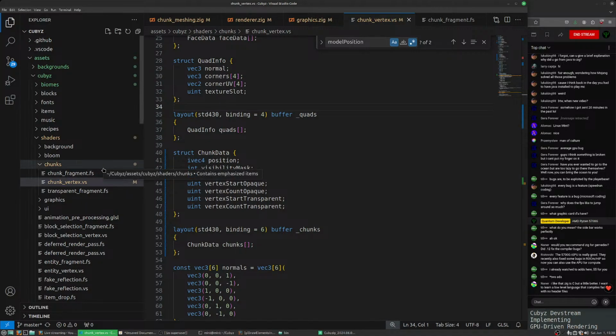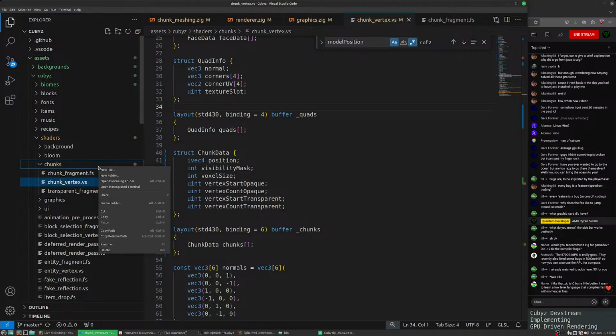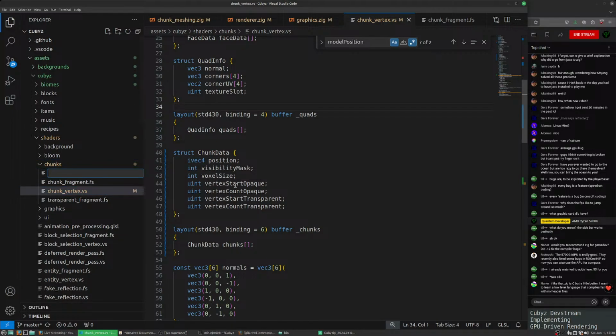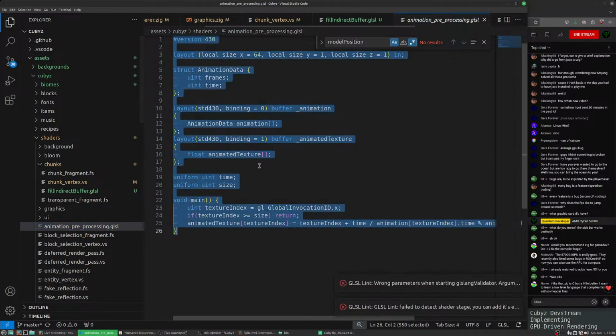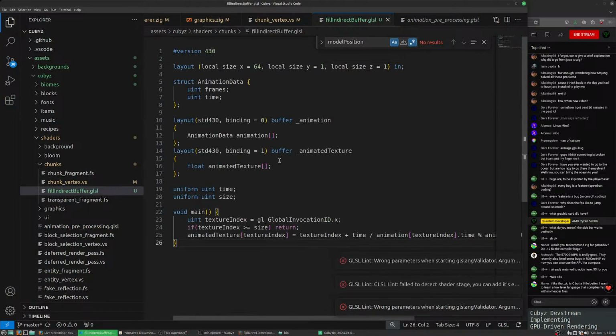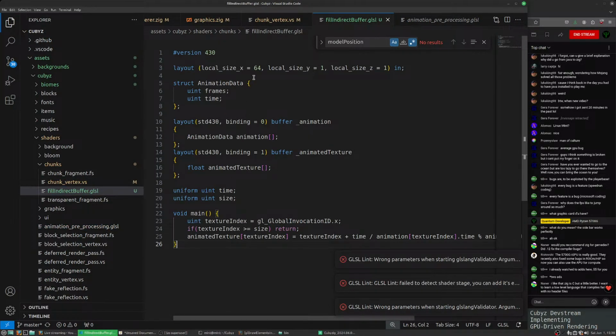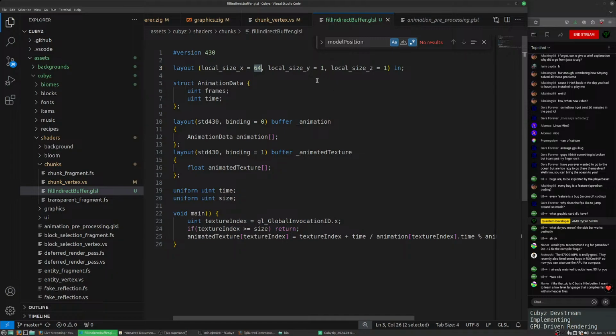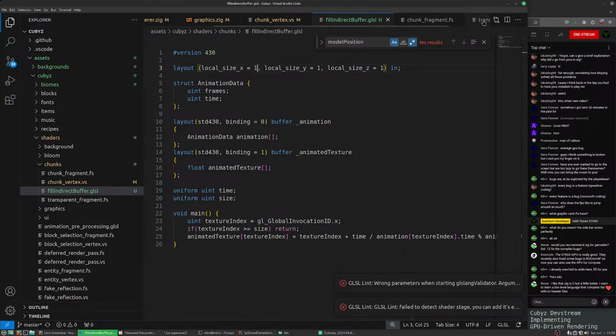For that we will use a compute shader. For now,